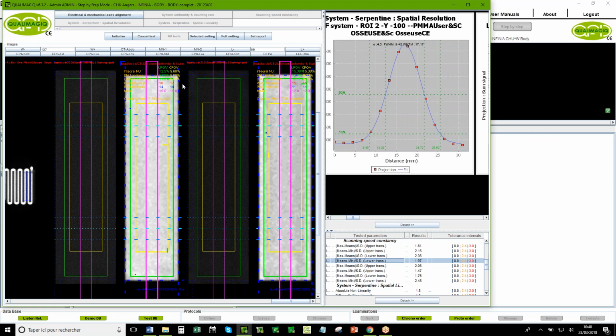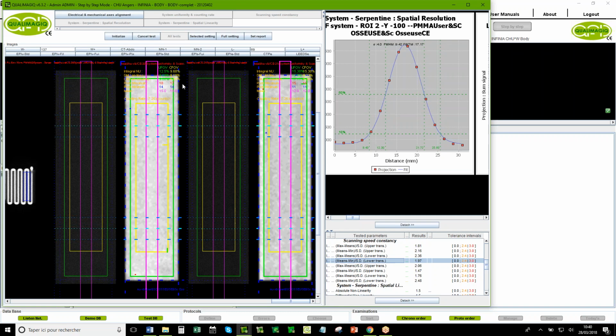Yes, but I see that for the uniformity here, the radioactive source is for the whole length of the bed, but the uniform source is normally a rectangle that is just covering the field of view of the head. So you need to move it during the acquisition. Manually? Yes, manually.